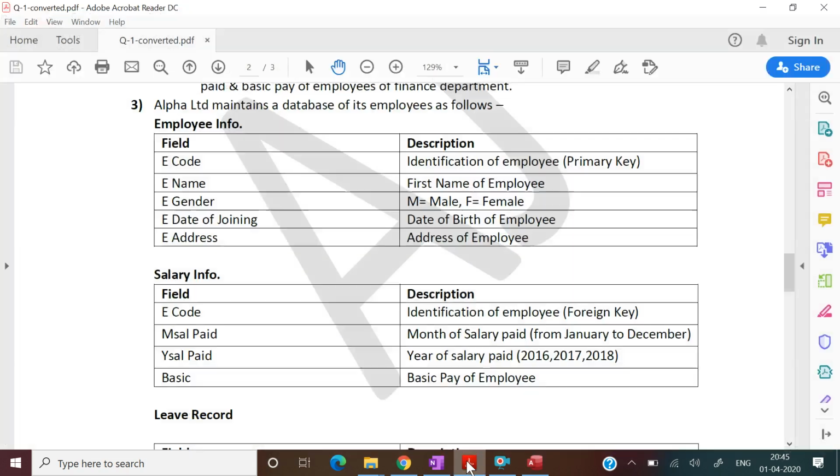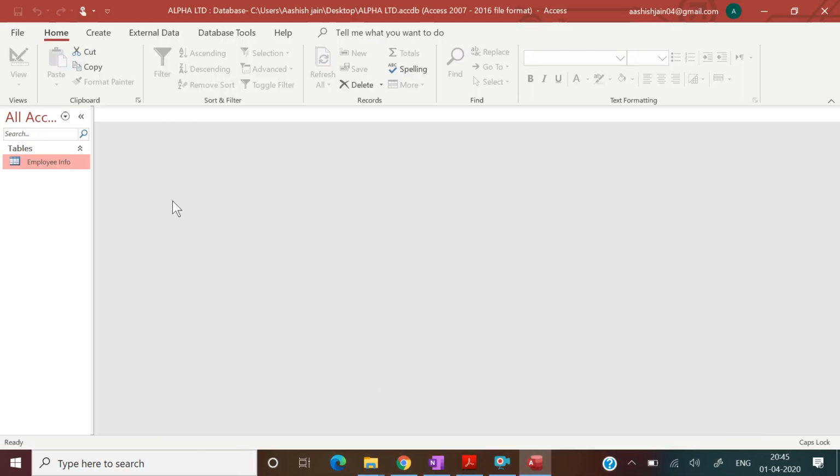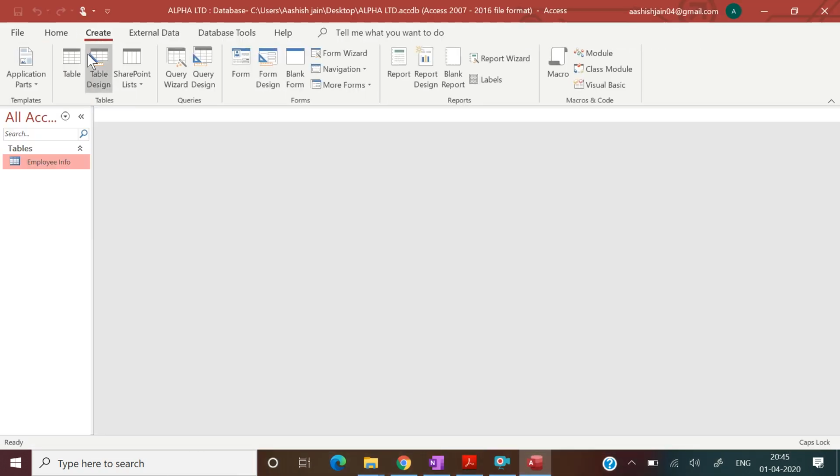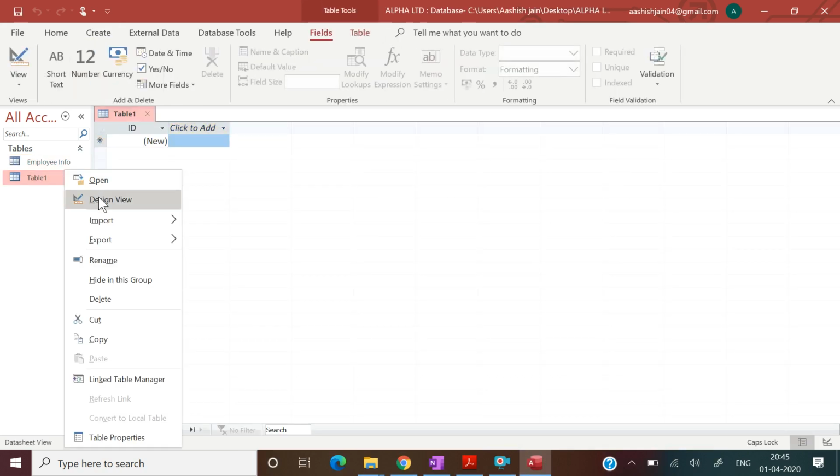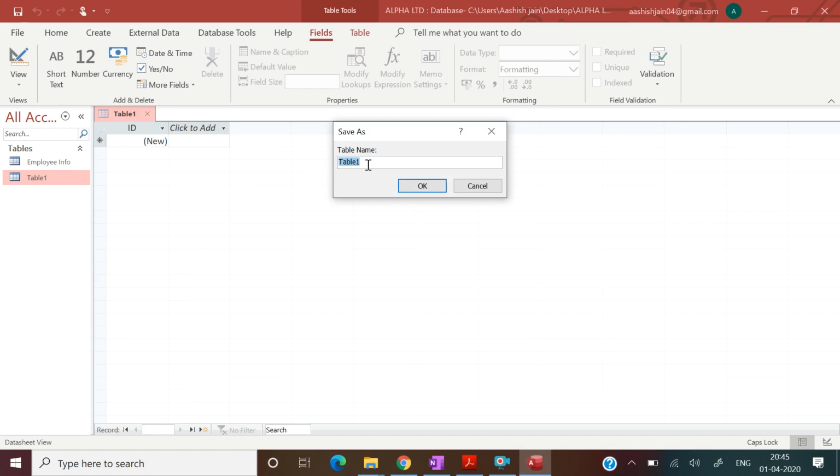Now we need to create another table for salary information. Click on create table. Now right click on this and go to design view. Put a name, salary information.